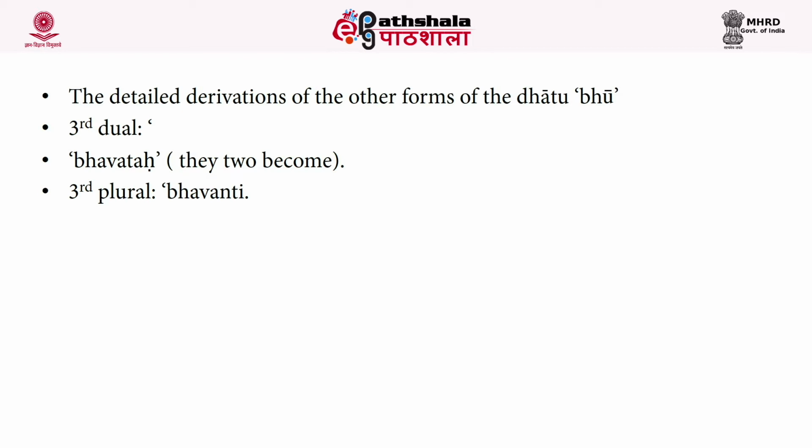The atmanepada suffixes are used in the following cases. First: Anudattanita atmanepadam 1-3-12. The sutra states that the atmanepada suffixes are used after a verbal root, which in dhatu pata is marked by anudatta accent or ng as an indicator. For example, aas, sit, aste, he, she, sits.